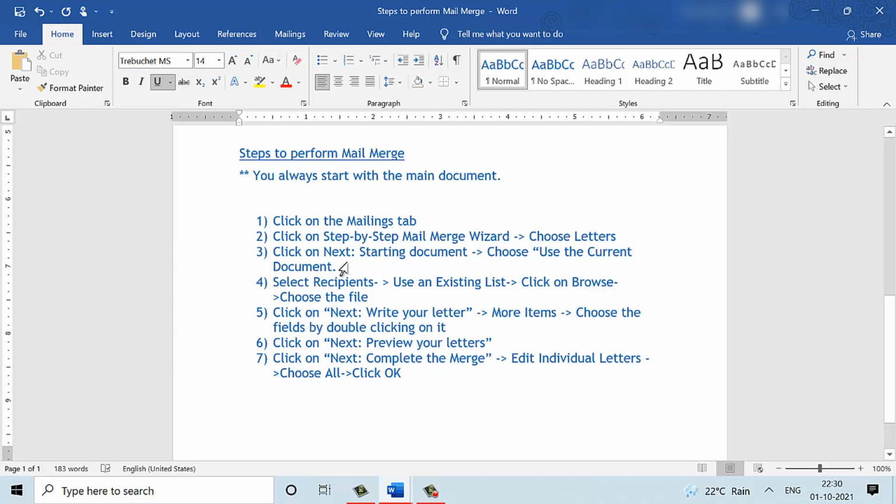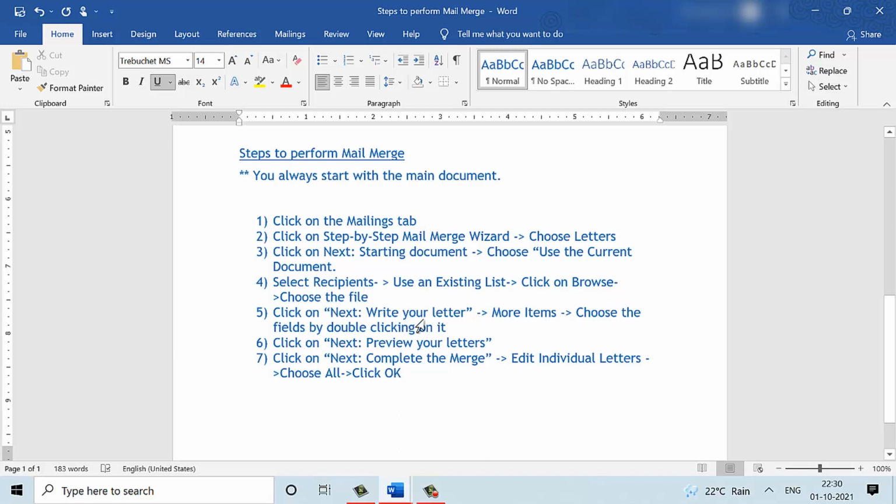We start with the Mailings tab, then we click on the step-by-step mail merge wizard. Basically we are writing what we actually did. Then we choose letters. When we choose the starting document, we choose the current document, because mostly we already have a letter and we start using that as the main document. Then the next step is to choose the recipients, and usually this is just one flow of mail merge. There are other ways in which we have done it also. If you want to write steps, you will appropriately change this content to suit the way we actually did the mail merge. Here it is to use the existing list, then you will choose the file.